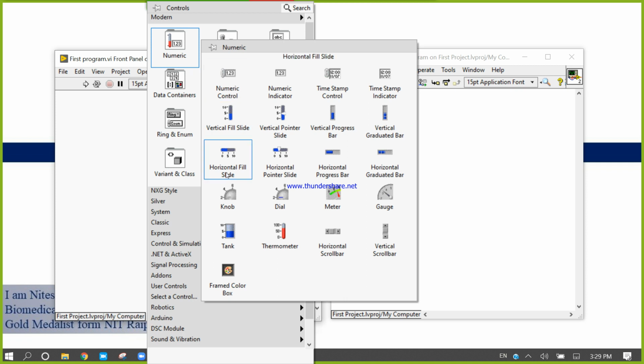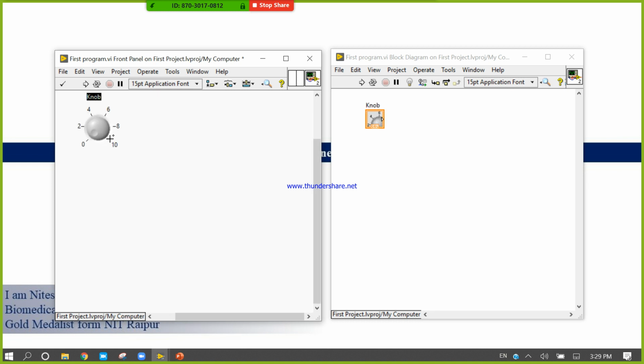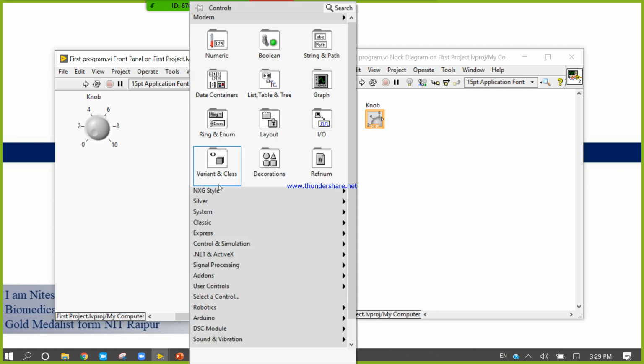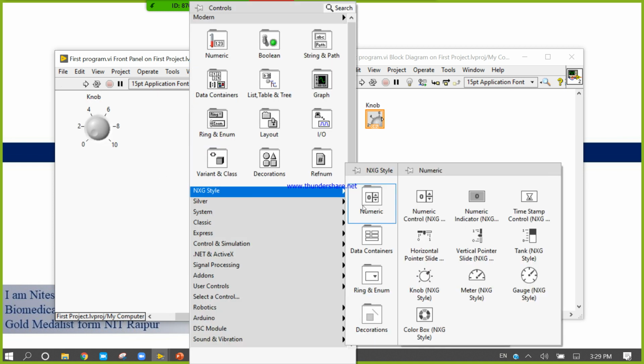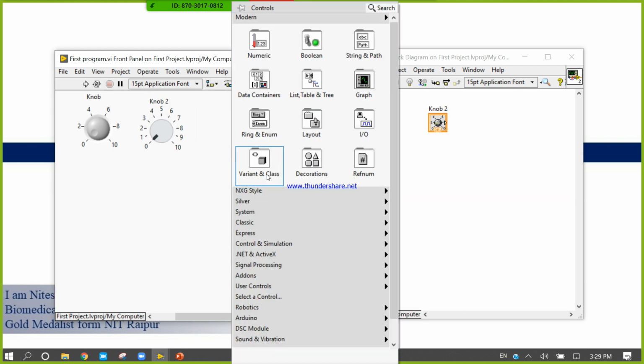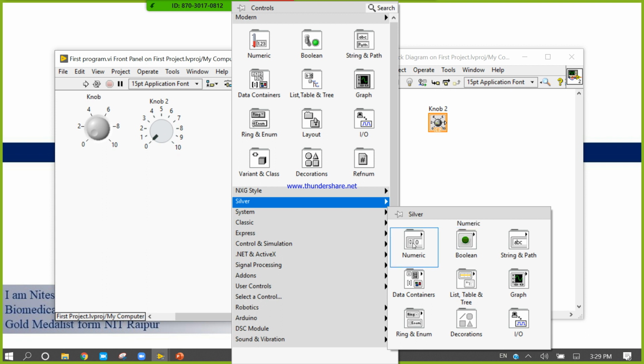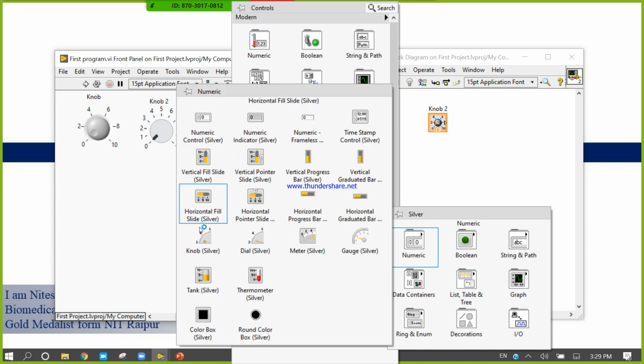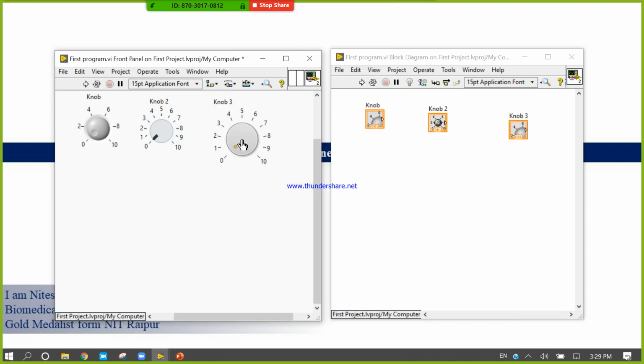If you take a knob from Modern, the knob will look like this. If you take the knob from NXG, it will look like this. If you take the knob from Silver, your knob will look like this.